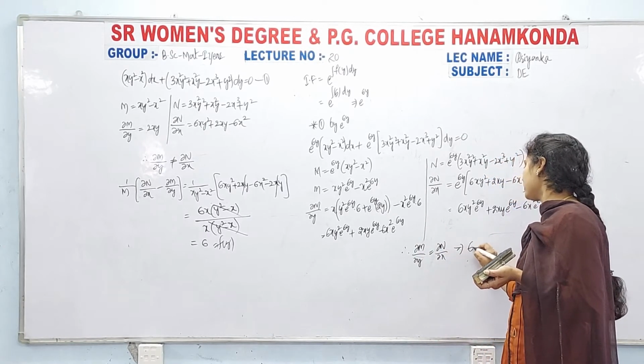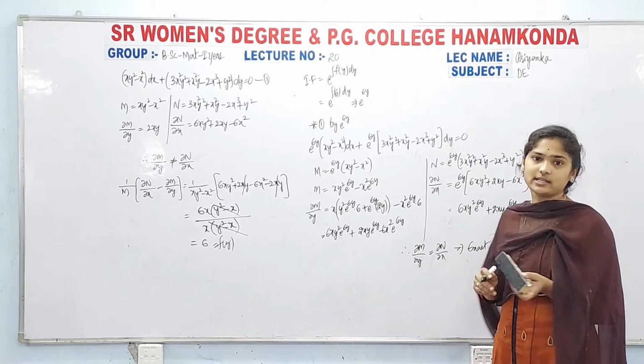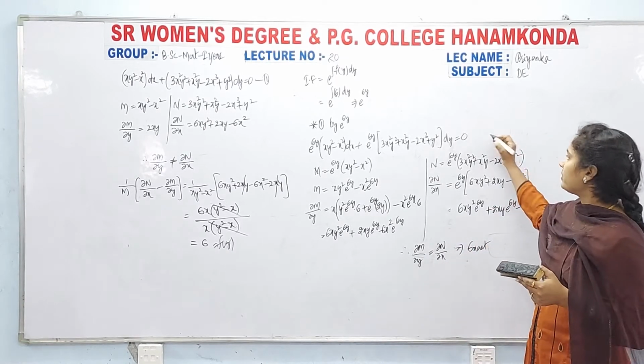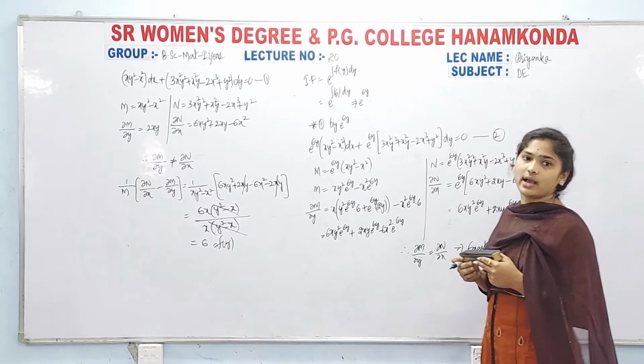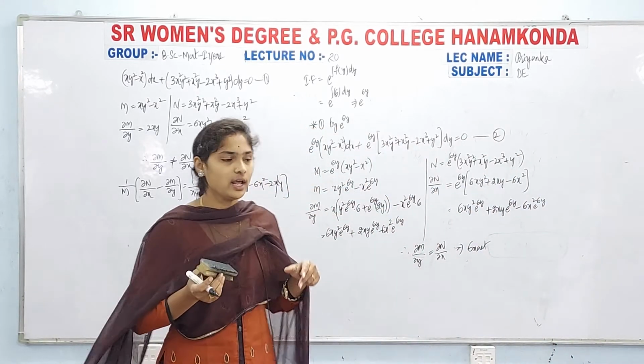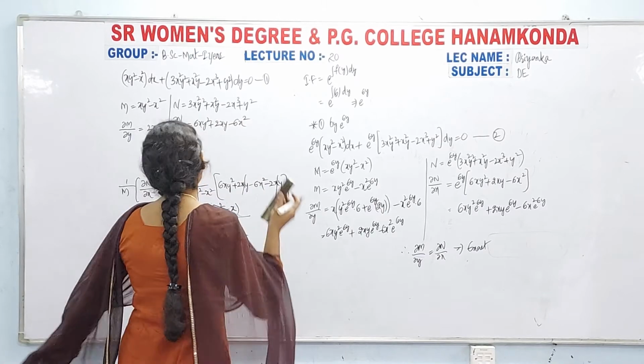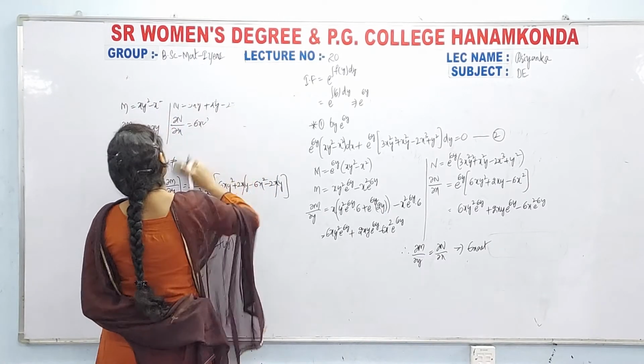Now, here what we can say? We can say that it is an exact equation. Next, what we have to do? We have to find the general solution for the given equation. So, then simply what we get here? The general solution is